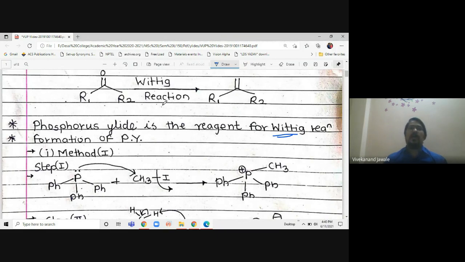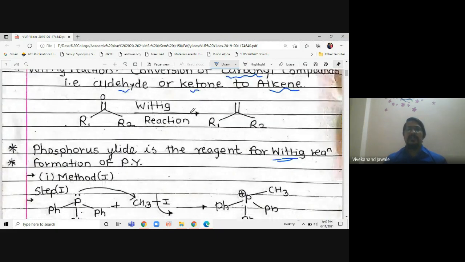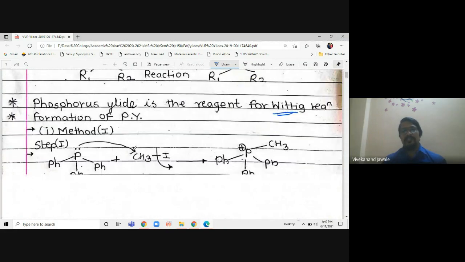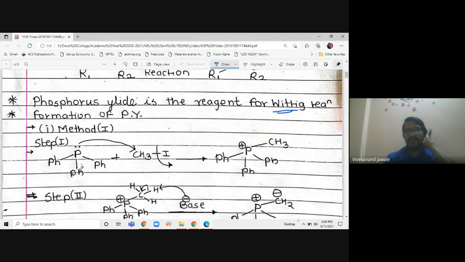Okay, so how is this Wittig reagent formed first? This is a phosphorus halide. Phosphorus halide means what? That we are going to see here. Okay, so for that purpose, there is a triphenylphosphine compound. Tri means three. So three Ph units when they attach to the phosphorus, that time the compound is known as triphenylphosphine. When this triphenylphosphine reacts with methyl iodide, how can you write the reaction mechanism?